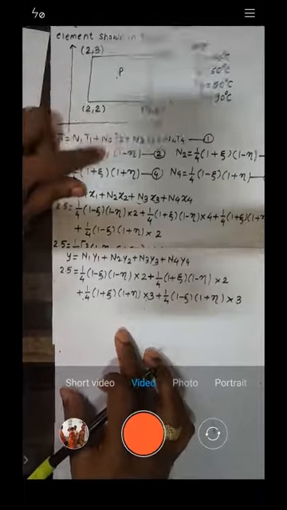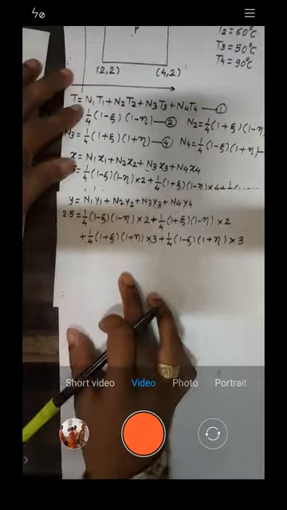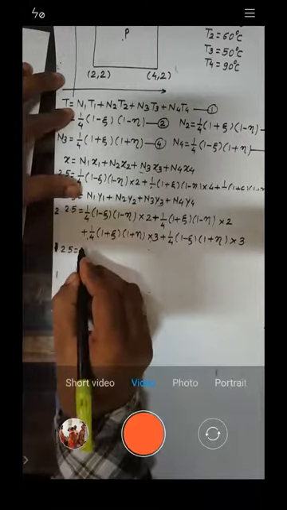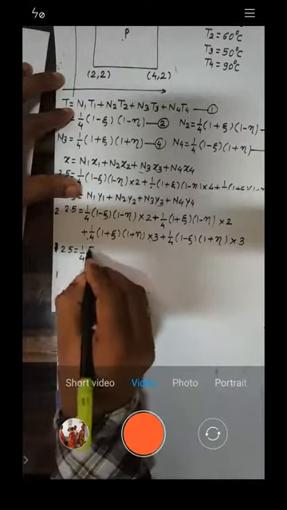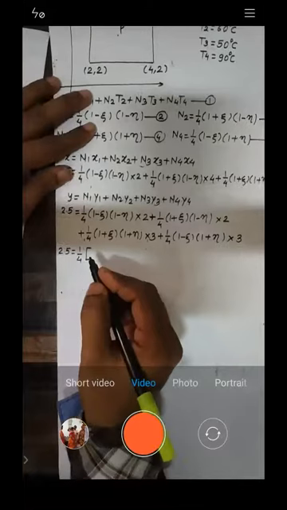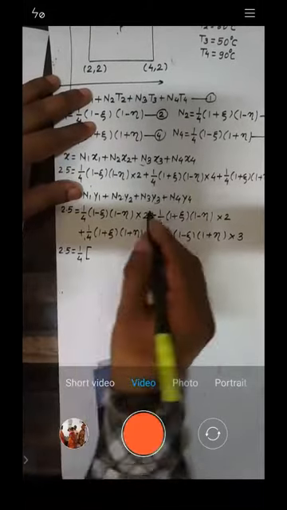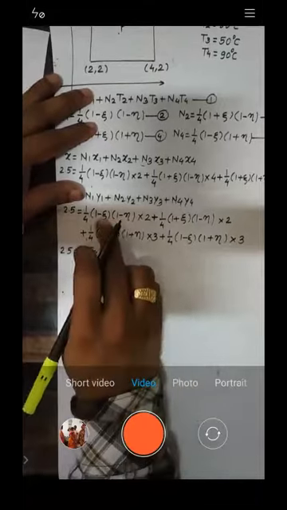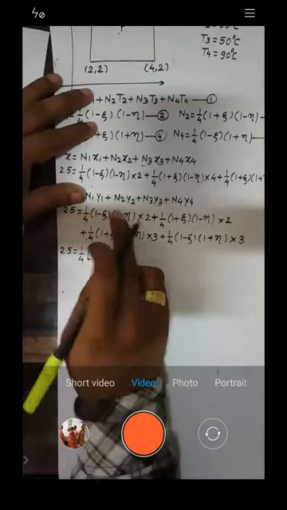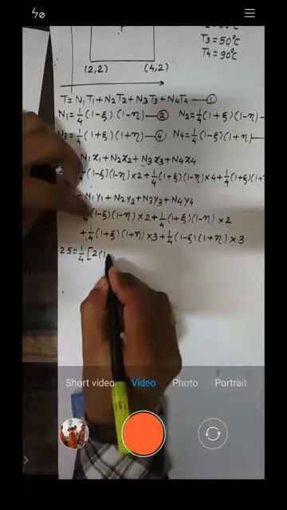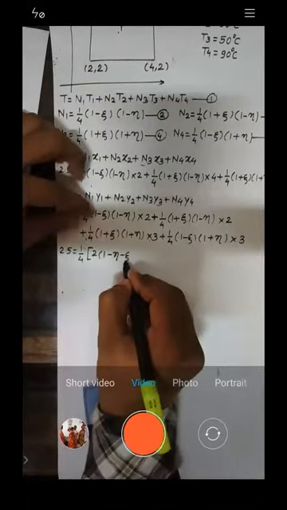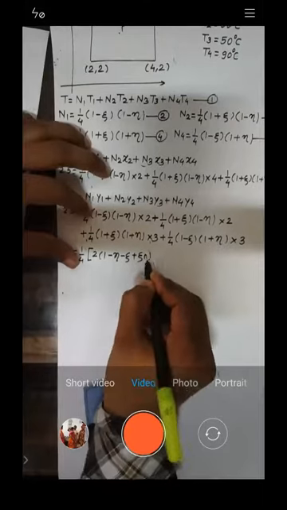Right? Now let's solve it. So 2.5 is equal to 1 by 4, I will take it out. What is remaining? It's 2 into... Let's multiply this bracket. So 1 into 1 is 1. Then 1 into minus neta is minus neta. This is minus zeta plus zeta neta, right? Plus zeta neta.